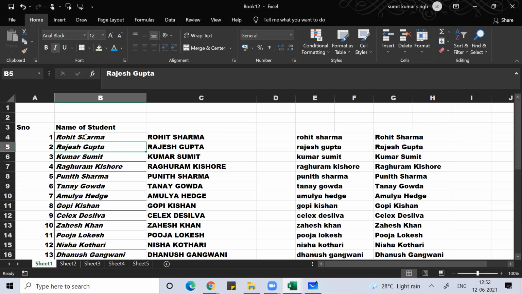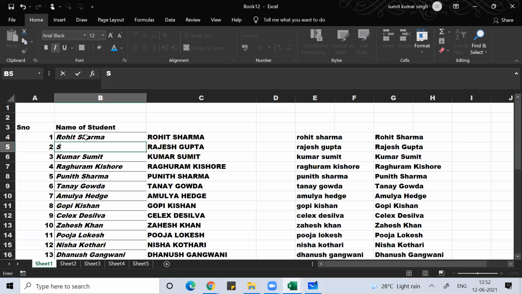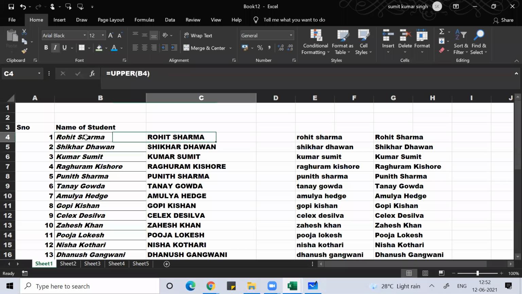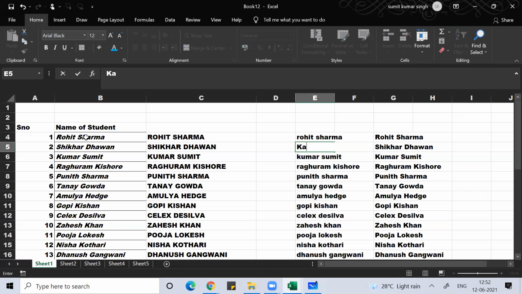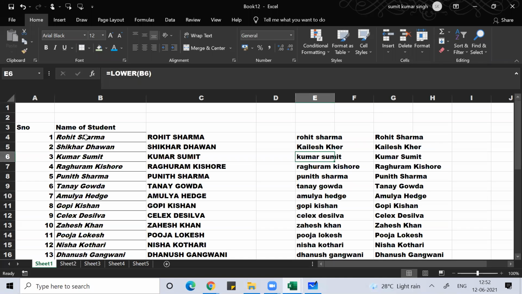If I write Shikhar Dhawan instead of Rajesh Gupta, Shikhar Dhawan will come everywhere because they are formulas. Here, if I change anything and write Kailash Kher, nothing is going to happen. It will happen to this because I took it from here. Here nothing happened because they are not dependent on that. I hope you guys are understanding.